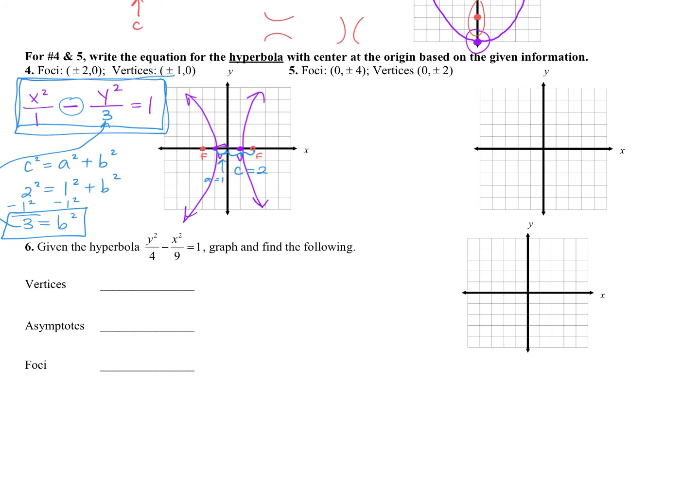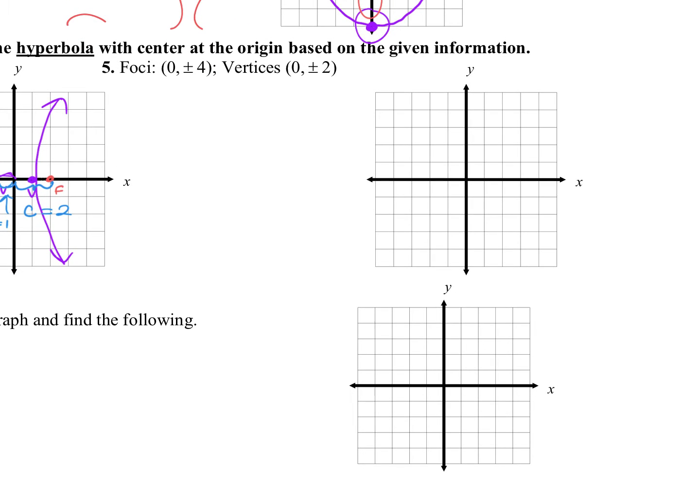Okay. Number 5. It says you have foci at 0 plus or minus 4. So 1, 2, 3, 4. That's one focus, 1, 2, 3, 4. That's your other focus. It says your vertices are at 0 plus or minus 2. So 1, 2, and 1, 2. So vertex and vertex, which means our, again,